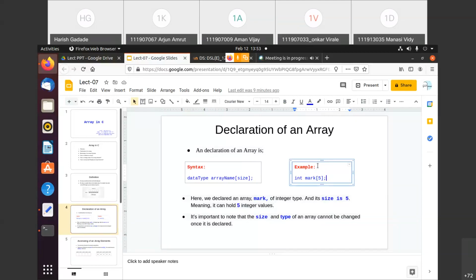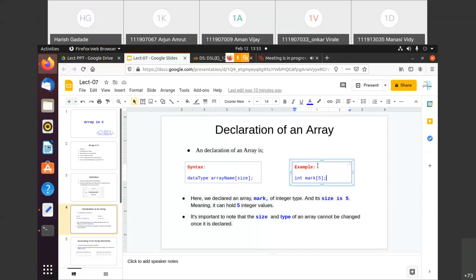Here it is important to note that the size and type of an array cannot be changed once it is declared, because the declaration of that variable is written at the beginning of your program. So once the size and type have been declared, they will not change throughout the program.